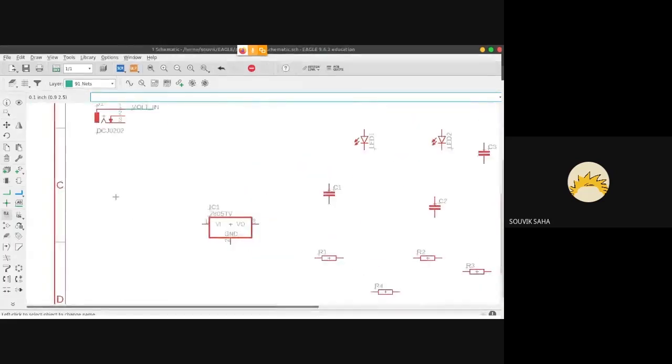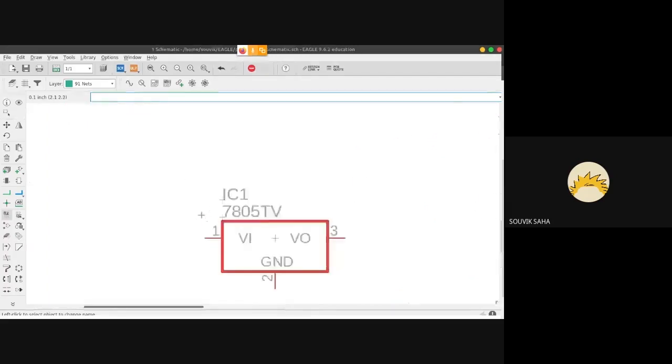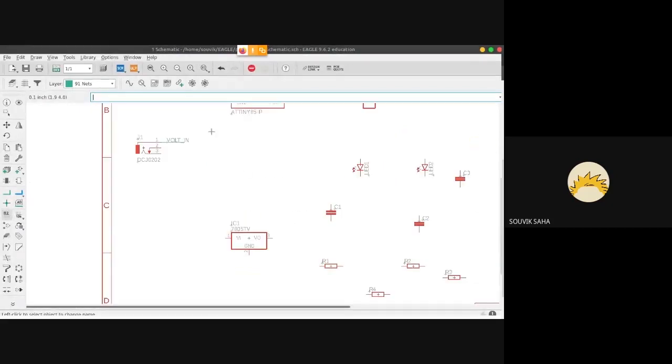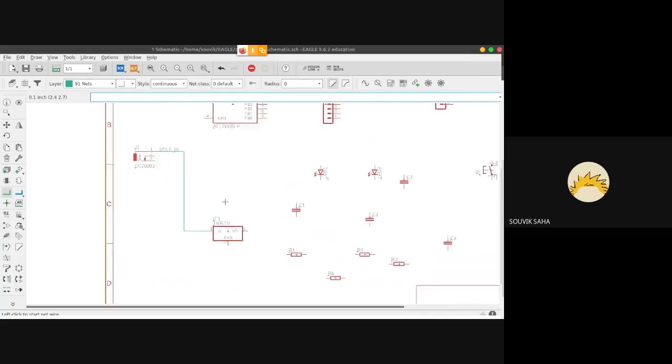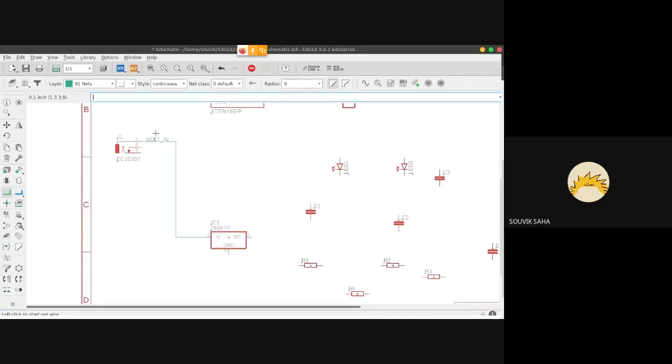So now if you notice the schematic, the other end of the voltage input goes to our 7805, the VI pin of the 7805. So just navigate to wherever you have your 7805, and instead of you needing to route it like this, so imagine this is just a very basic controller, but if you have a very large controller with like 100 pins or something, you can't have this crisscross of wires going here and there. It'll look chaotic.